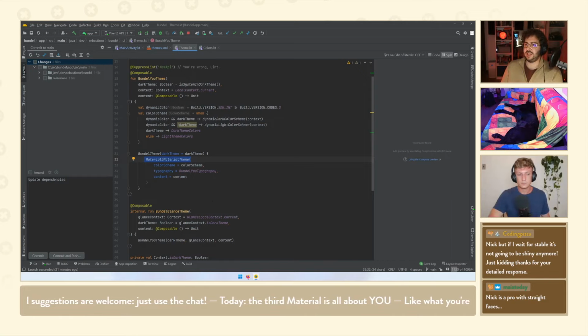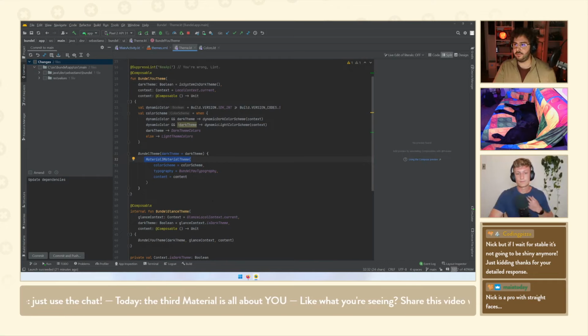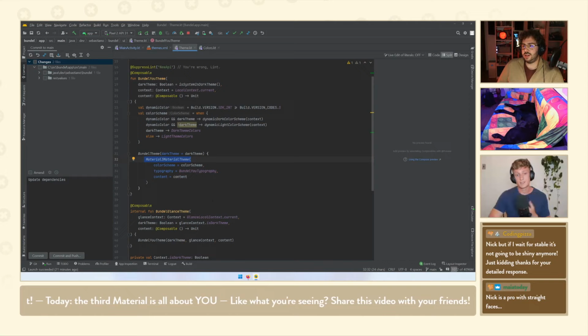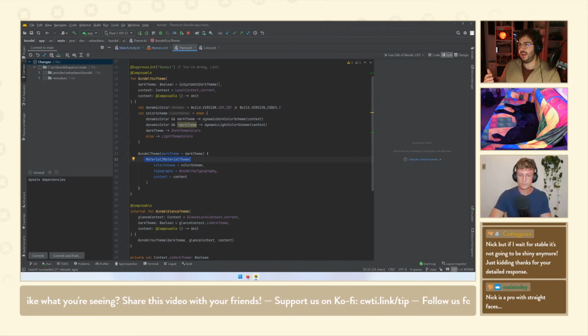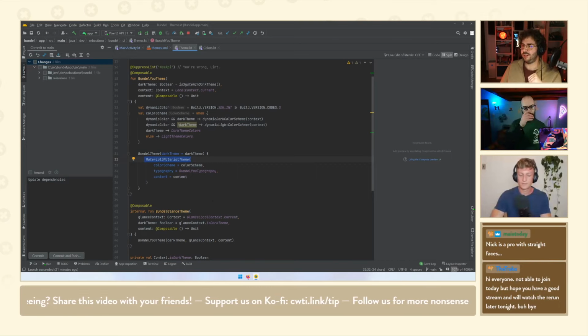But then again, as Nick was saying, be careful with mixing components, because some Material 2 components might look very different from the Material 3 specs, and they might look very weird. One thing you could do, for some of them like cards, is say, I have a Material 2 card, but I have the spec for a Material 3 card, so I can manually adjust the colors that I assign to a card. You can have a composable that wraps a card composable and pretends to be a Material 3 card. But probably the easiest way to do it is to just wait for that to be done.